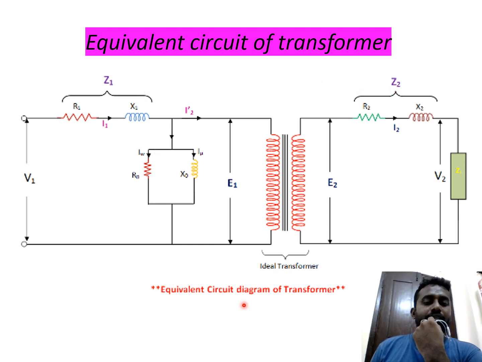So this is the equivalent circuit diagram of a transformer. First you need to write V1 with R1 X1, V2 with R2 X2, and there is a transformer. This is the no load component, this is the load, V1, V2, E1, E2, R1, R2, X1, X2, Z1, Z2. So I1 is the total current. This is the sum of I0 and I2 dash. I2 dash is the current flowing through this, and this will depend upon the value of the load connected.